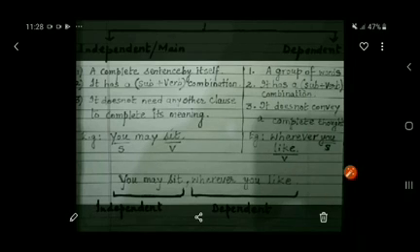So, we have added an independent clause to it. Now you can see, you may sit wherever you like. So in this sentence, there are two clauses. One is an independent one and the other one is the dependent one. You may sit wherever you like. In this, you may sit is the independent clause and wherever you like is the dependent one. And both the clauses joined together give us complete information.